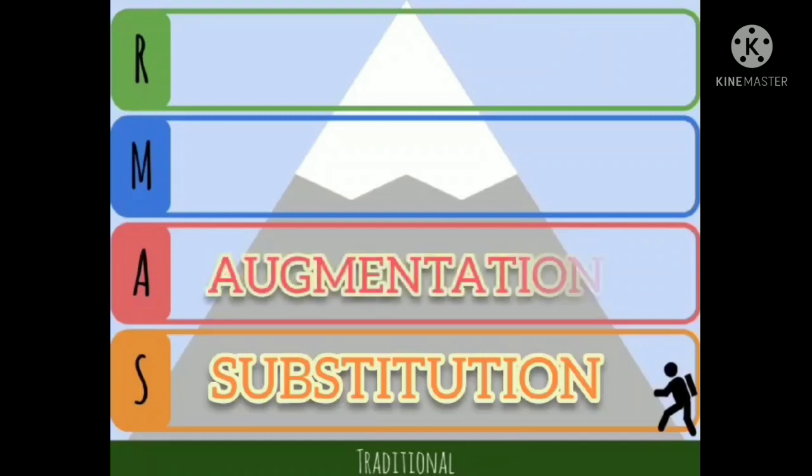Second is the augmentation. Though it is a different level, we are still in the substitution mentality, but this time with added functionalities. Again, using the example of Google Documents, instead of only writing a document and having to manually save it and share it with others, Google Documents provides extra services like auto-saving, auto-syncing, and auto-sharing in the cloud.